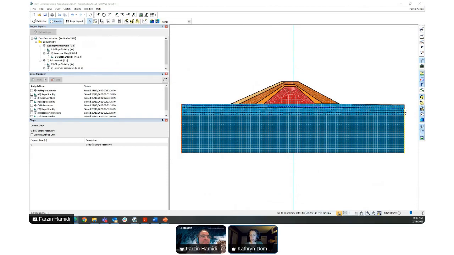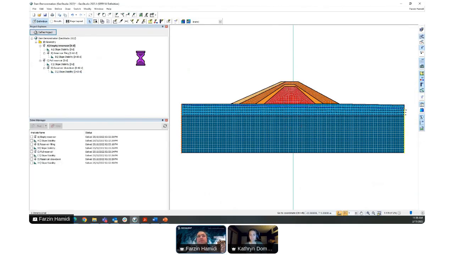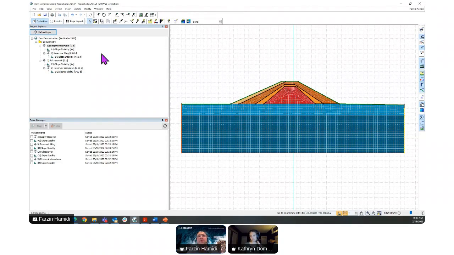Great. Next question. Are you using a seepage face review on the upper and lower dam faces? Okay, good question. This one is also going back to the definition view. For this one, if you want to do the foundation first, this is the in situ analysis, and we don't have any reservoir behind it, so we don't need to model the seepage boundary condition on the downstream.